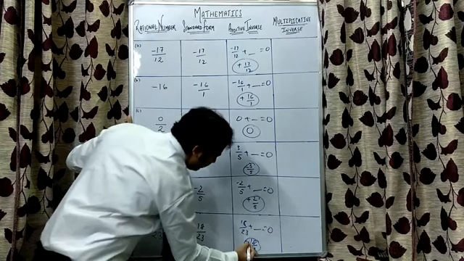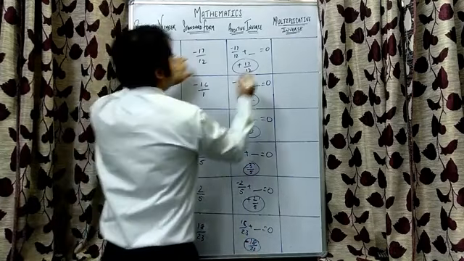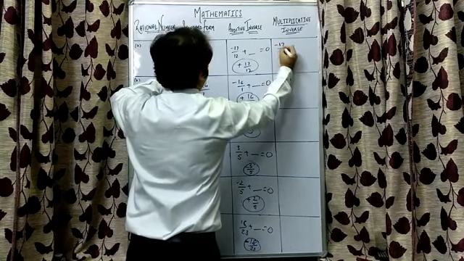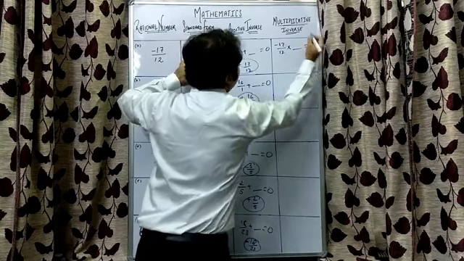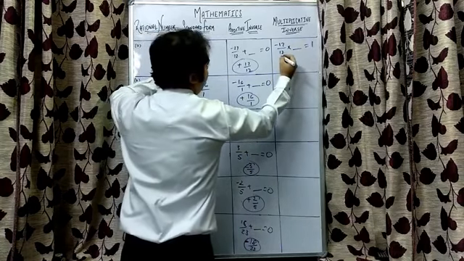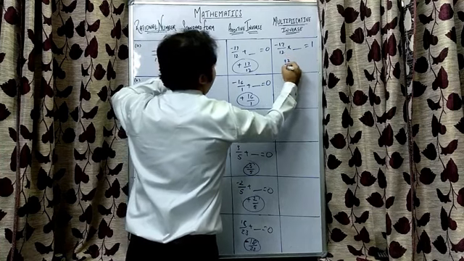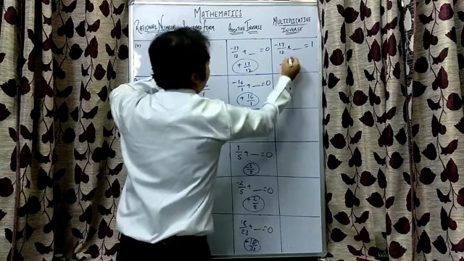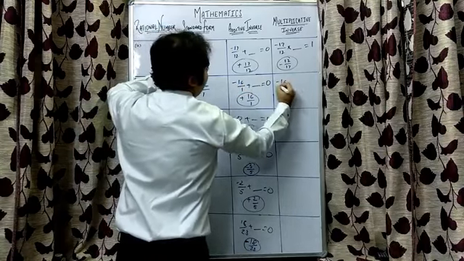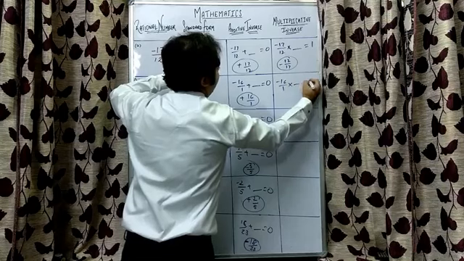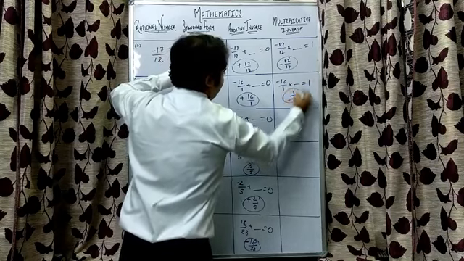Right? Now we will be moving ahead with multiplicative inverse. Multiplicative inverse says what I should multiply to get answer as 1. So in this what happens is we flip the terms and the sign remains same. Right? Minus 16 by 1, what I should multiply to get 1? I should multiply it by 1 by minus 16.